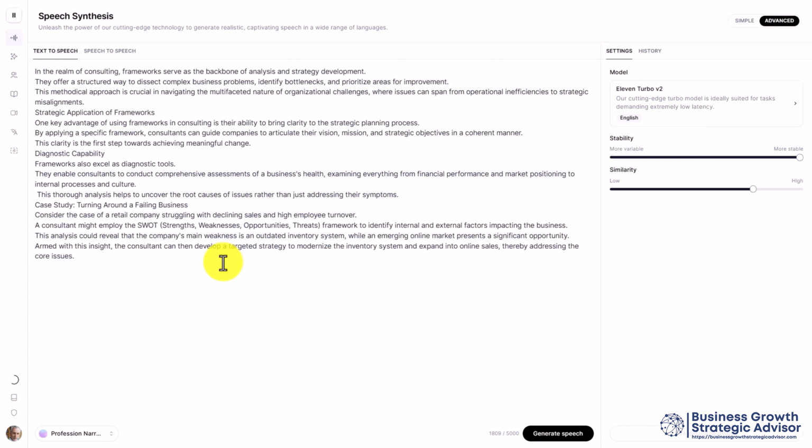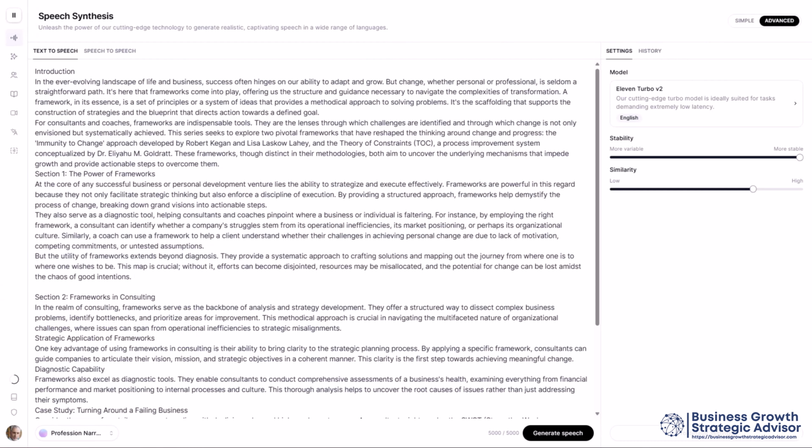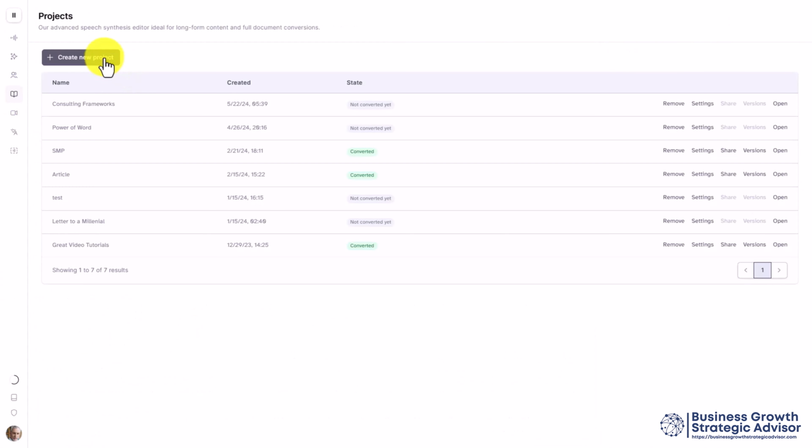If you were to put your entire text in this area, you would run up against a limit from ElevenLabs. And indeed, if you paste the text in, ElevenLabs will tell you that you've reached the limit and that if you want to generate audio for longer text, the site recommends you use the Projects tab instead. So in this case, we're going to go over to the Projects tab and we're going to click on Create